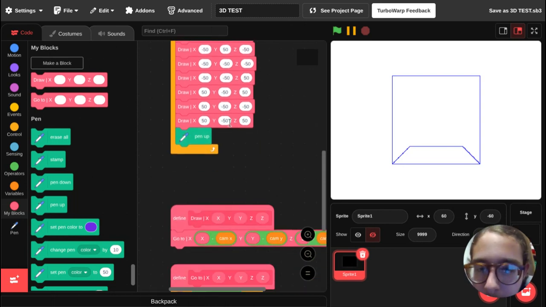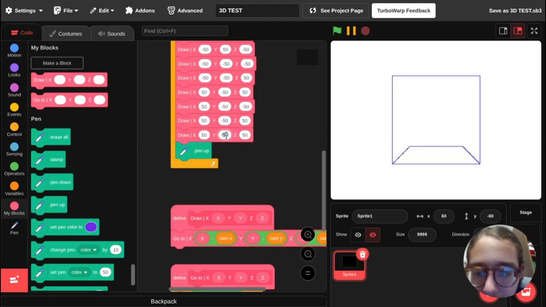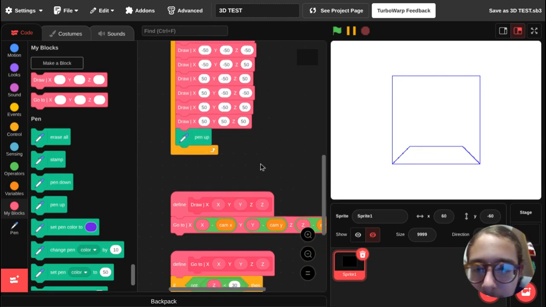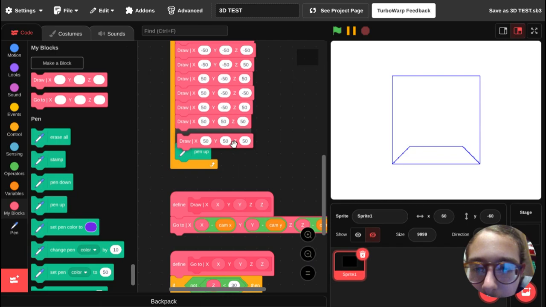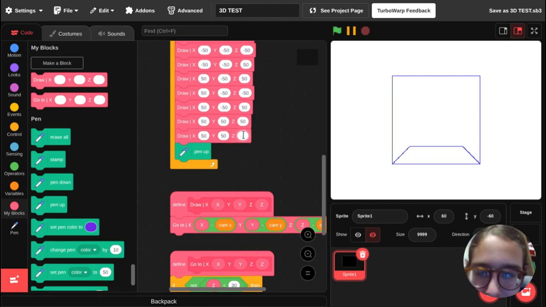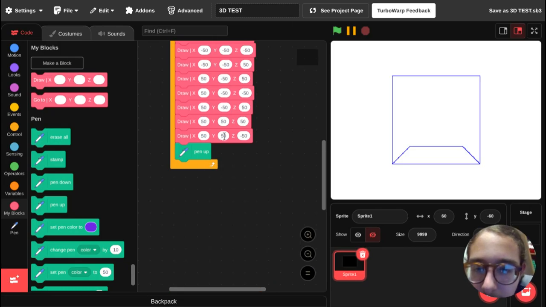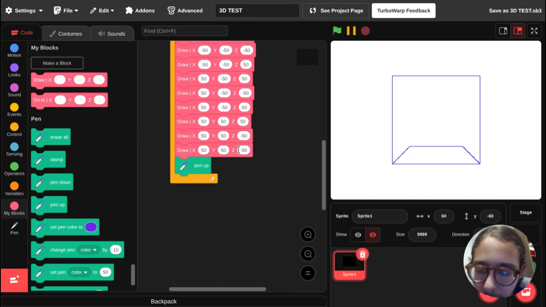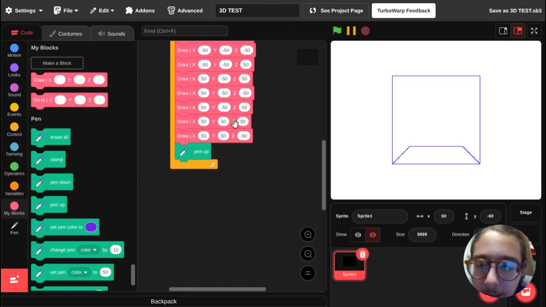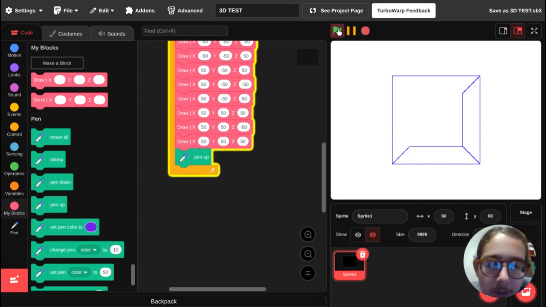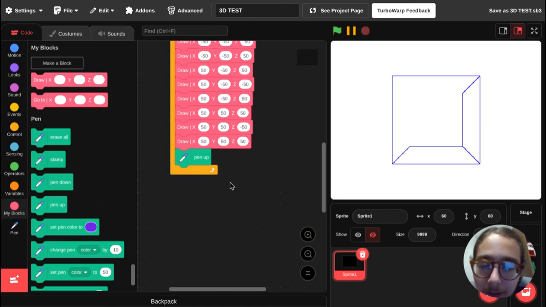Now, duplicate this block, change it to 50, and then you want to duplicate this block here, change that to -50. I'll make space here real quick. Duplicate this block. Well, not that block, but duplicate that block so that you'll be drawing here next. And then,